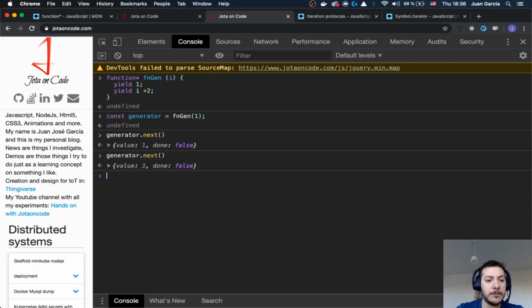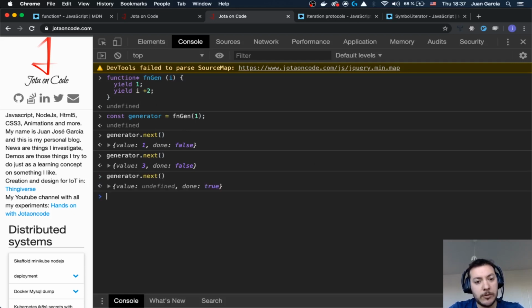If I go next, it goes to the second yield, which is the one that comes with the i that I pass as an argument here, and it's going to be able to add a plus 2. If I do it one more time, it's going to say, okay, it is done, and there is no more value for it. So the idea is the following: the function generators are going to allow you to work with